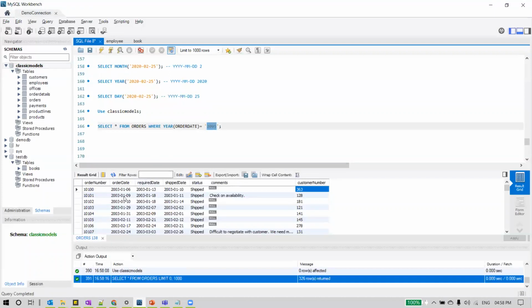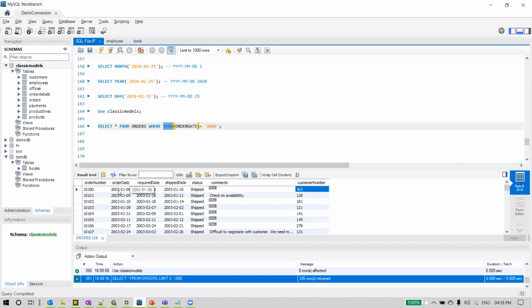And you can see the order date here. The order date is in the format year first, then month, then day. And from this I'm interested in looking into the orders which were placed in the particular year 2005. So in that case, this is how we can specify the condition. When we specify select star from orders, it will return all the rows, but I am specifying some condition here. So what's my condition? The order date has the complete date format, but from that we extract the year. So it will extract the year from each row.